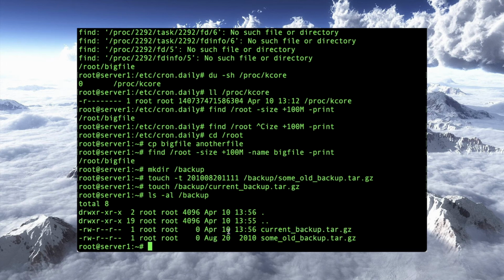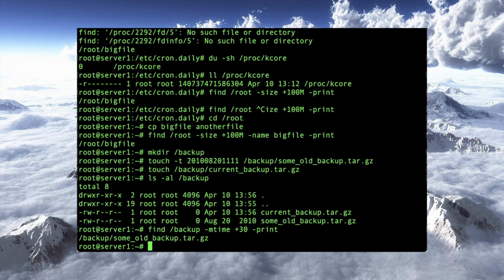So I can now say something like this: find backup, modification time, older than 30 days, print. Right? And there it finds the old backup. This is a great way to do things in scripting, which we won't go into at this point, but if you want to script things, you can say, hey, for file in find backup, and do this. Or if you're looking for just old stuff on your system to clean up,